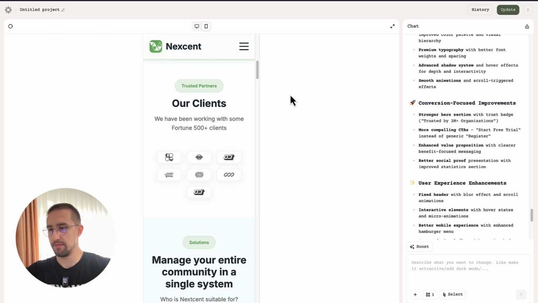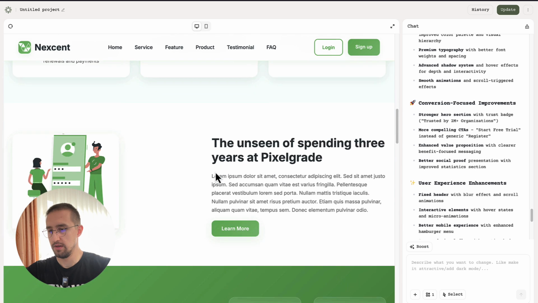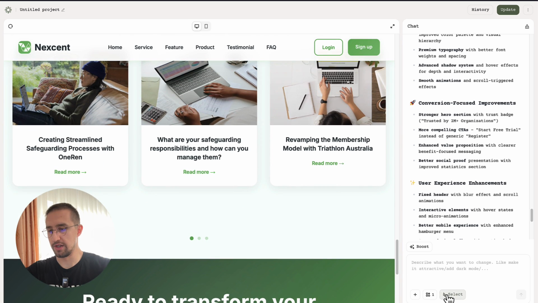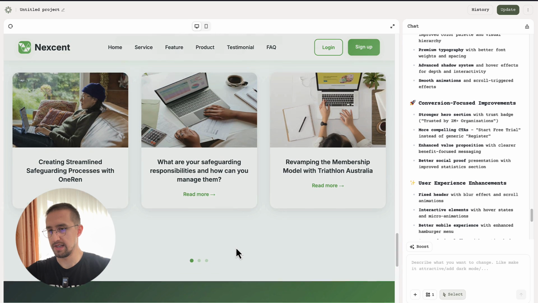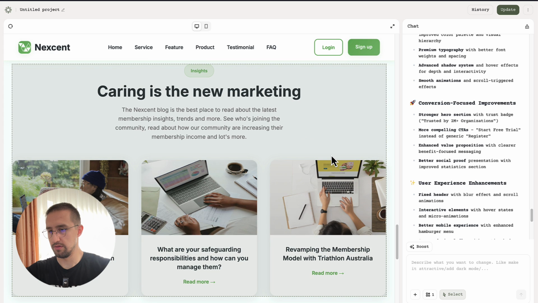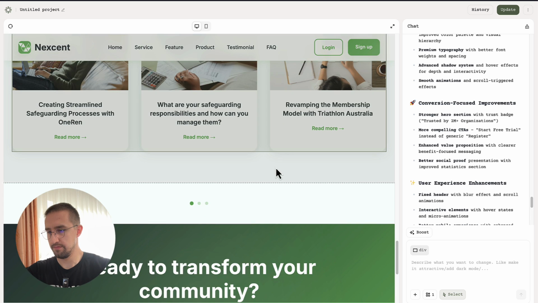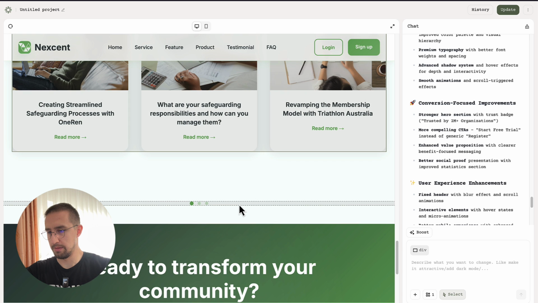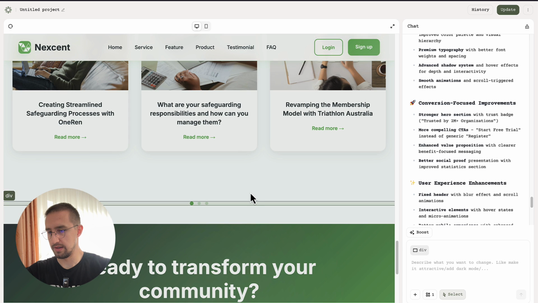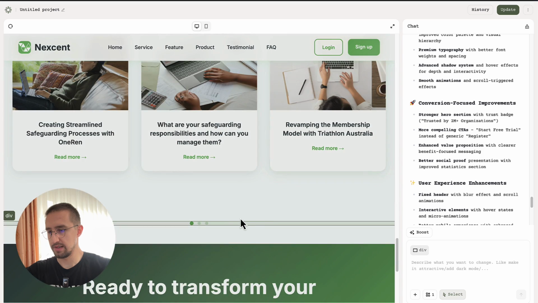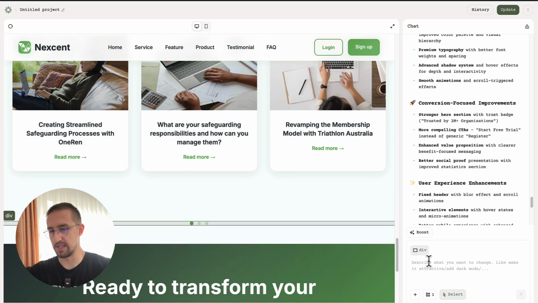Okay, let's go back now. Open up the desktop version. Scroll down below to those articles. And let's see now whether we can change that. So let's select this whole section. So this whole section, I think. Yeah. And maybe this. Or let me just see. So we cannot select everything, but let me just select here this one. So this div and say,